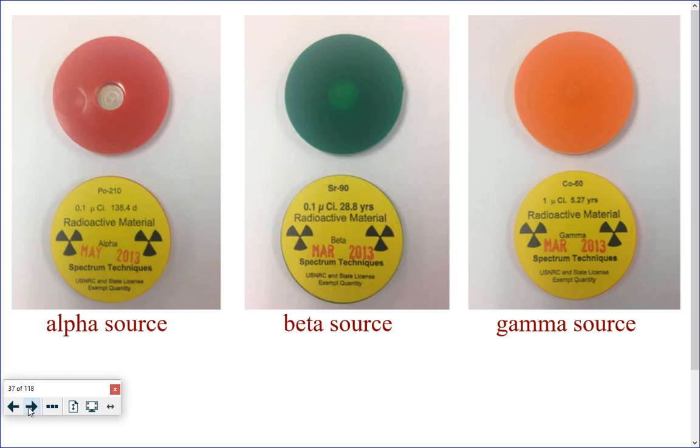The half-life of the typical gamma source that we use in high school anyway is 5.27 years. What is the half-life of the polonium? 138 days, which means every 138 days it's cut in half. Now I have